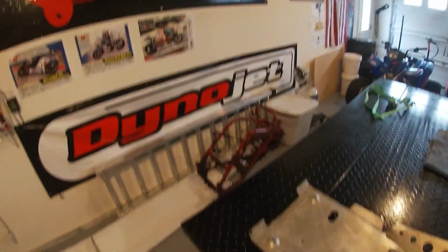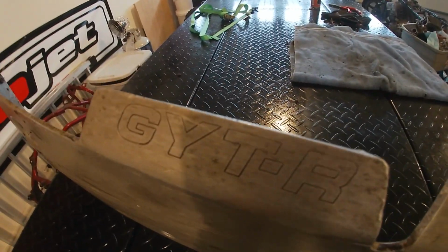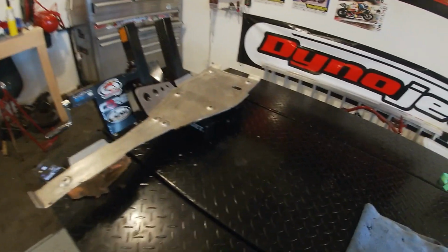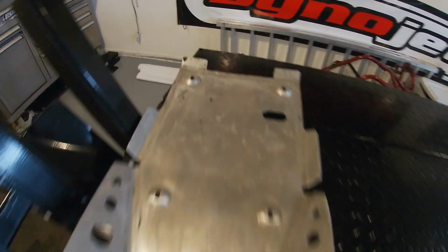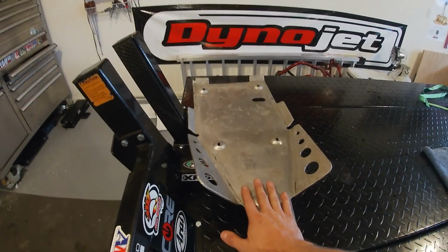So I figured out where this kit comes from. It's a Yamaha. I doubt that it came stock on the bike, but it's a pretty cool kit, and I had to bend out some stuff on it, so we'll definitely be able to reuse it. I'm going to be painting the guards blue,